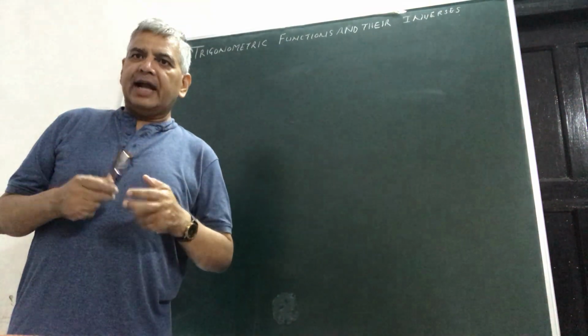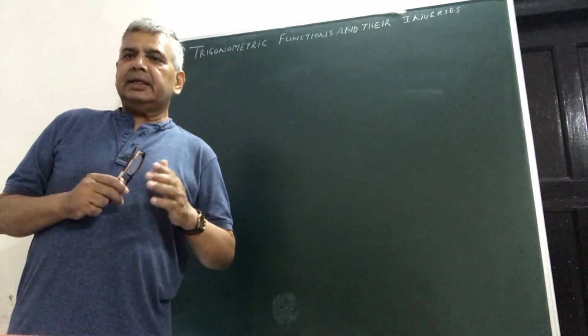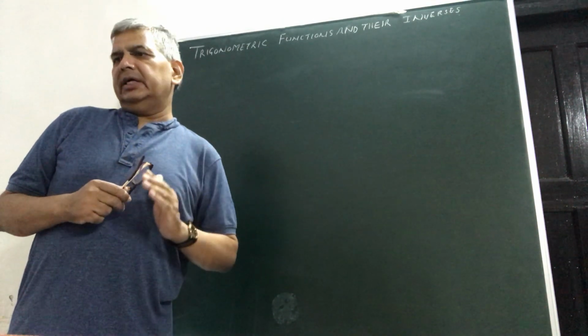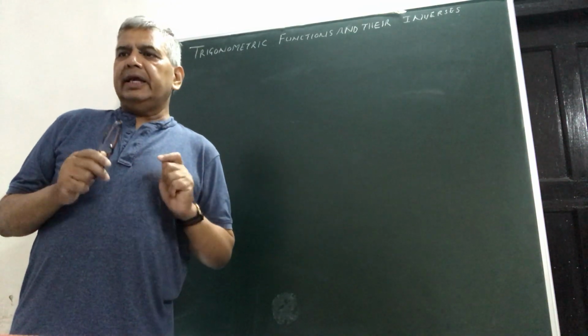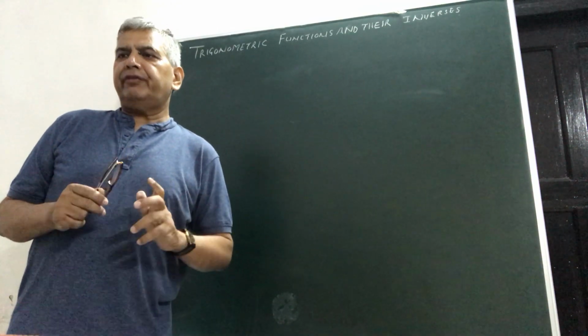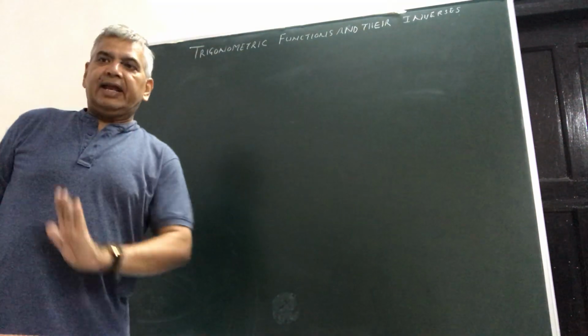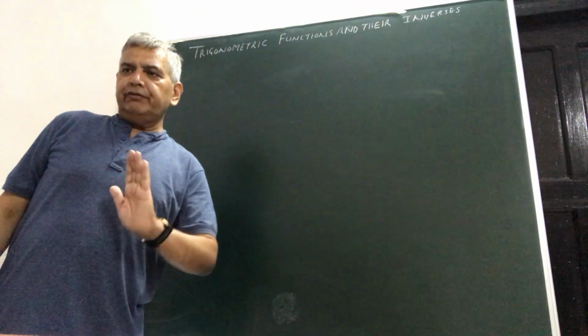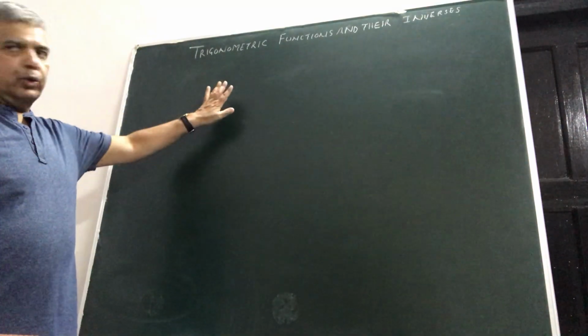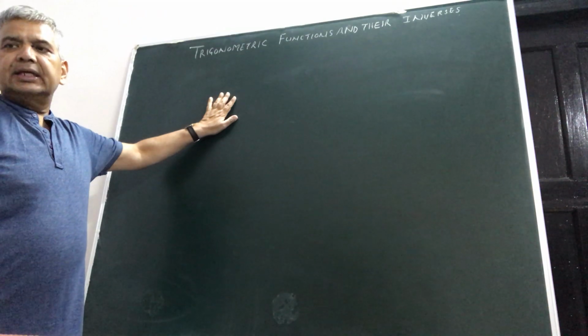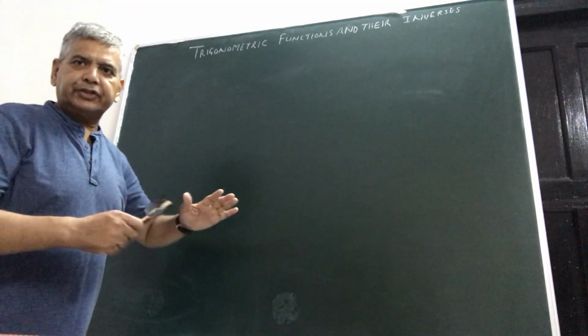The statement of that theorem is that a function f, A to B, is invertible if and only if f is bijective. So this bijectiveness of a function will play a very important role for determining that the inverses of these 6 trigonometric